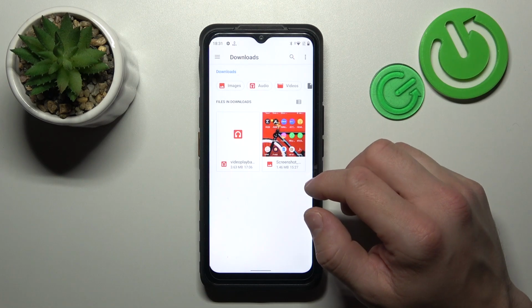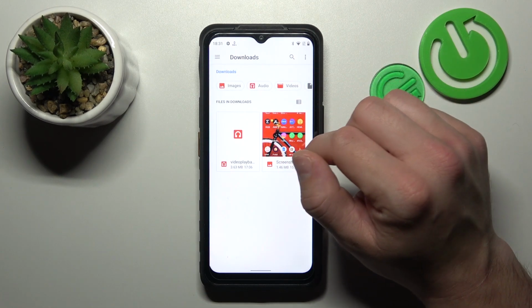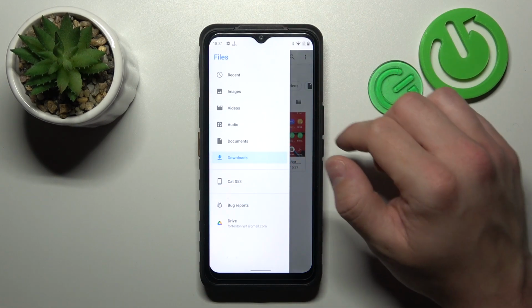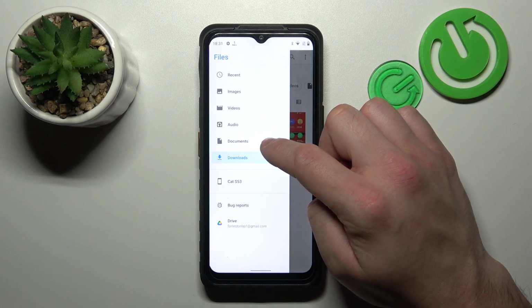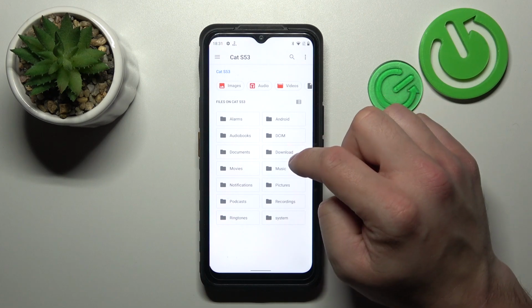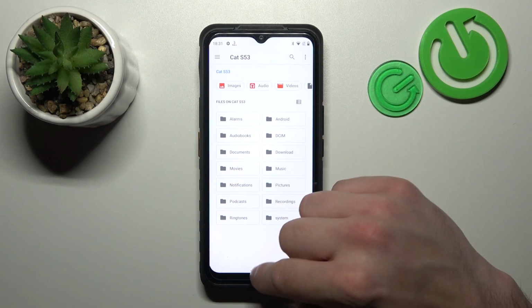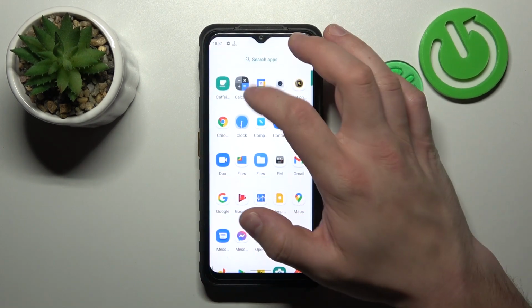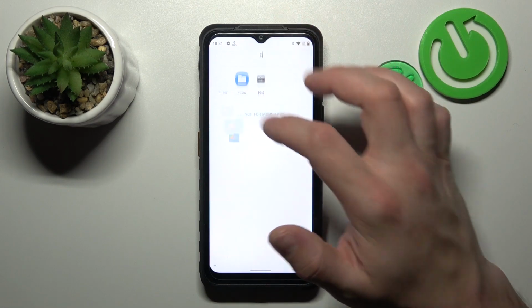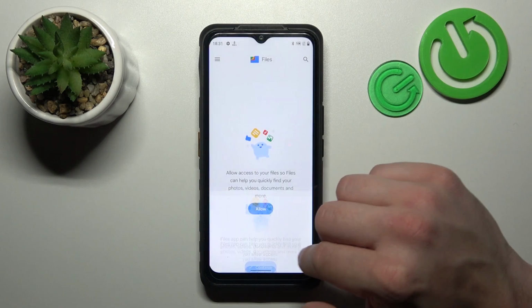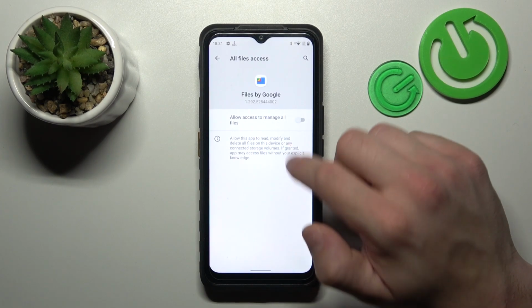And thanks to Files app, you've got access to your internal storage, downloads, recents, images, videos, audio, documents, and internal storage itself. If you go to Files by Google, you've got also access to Nearby Share, thanks to which you can quickly send and receive files,